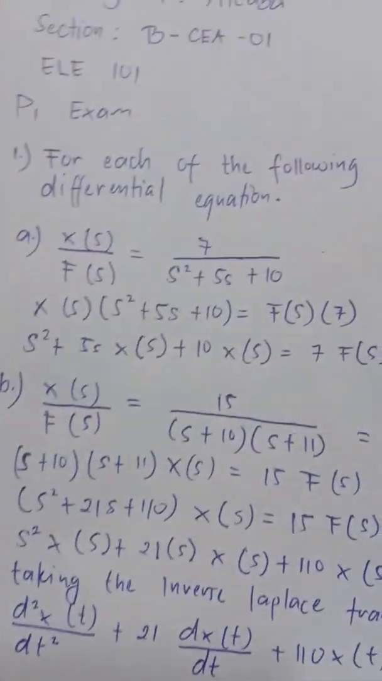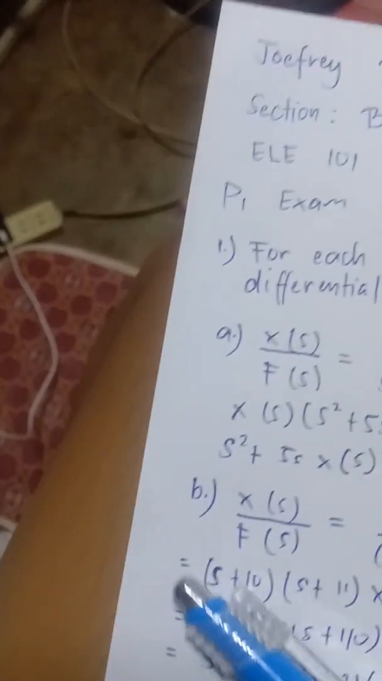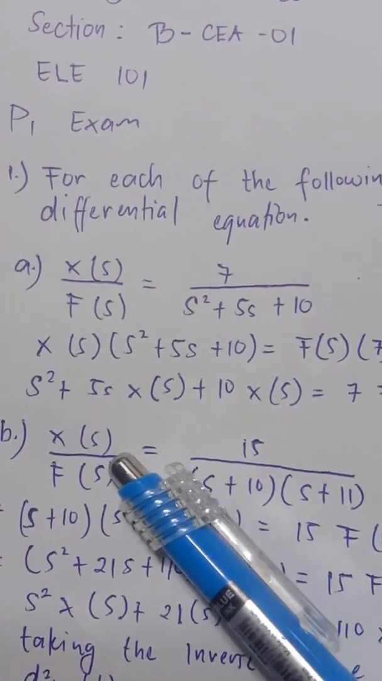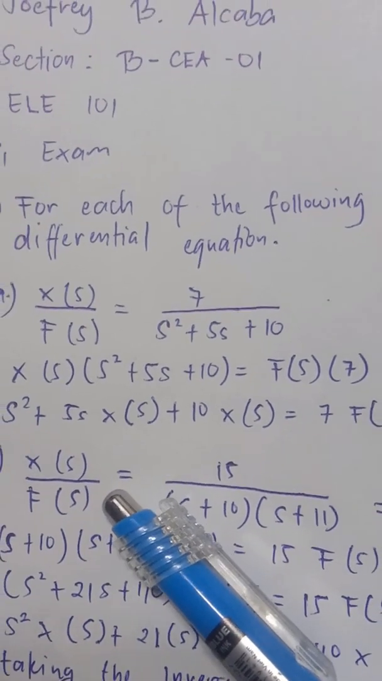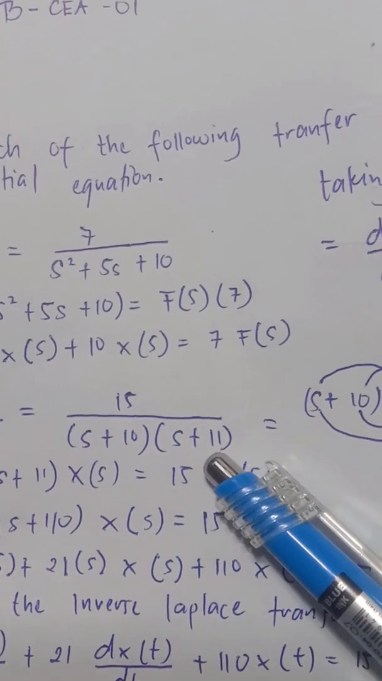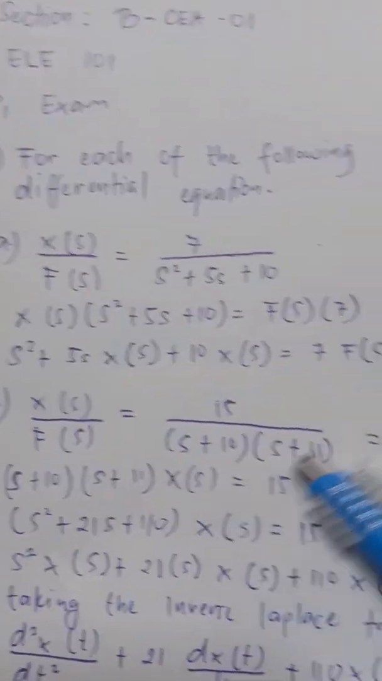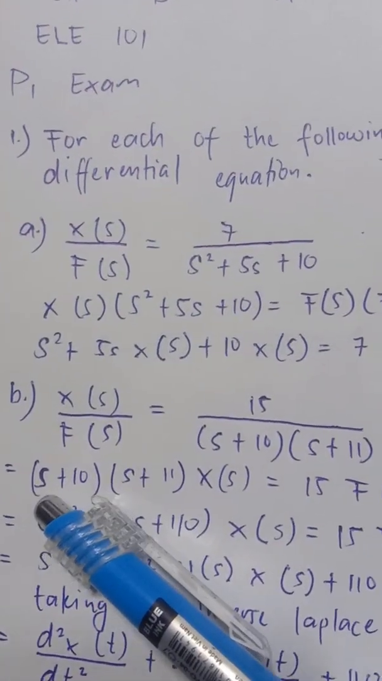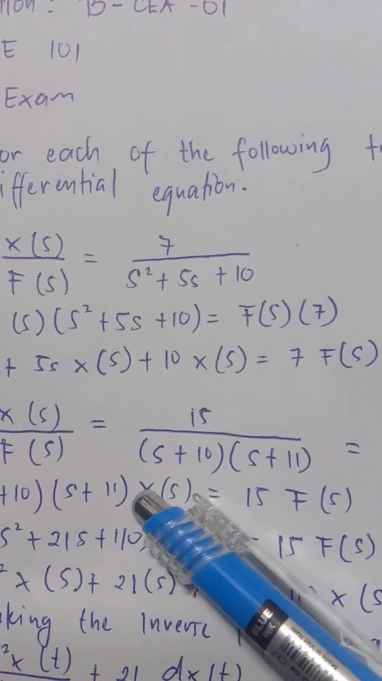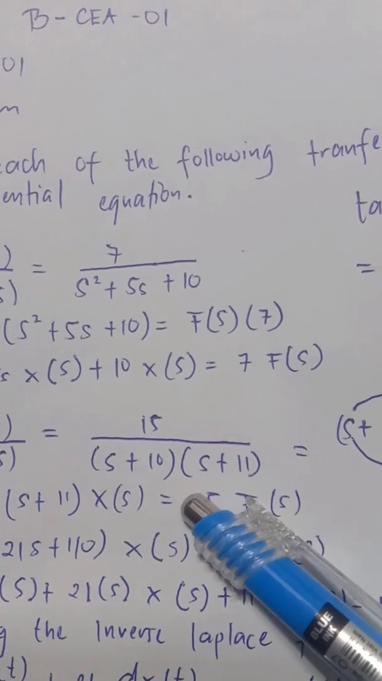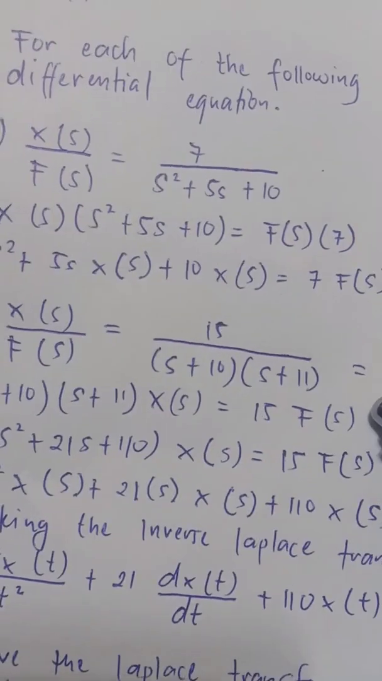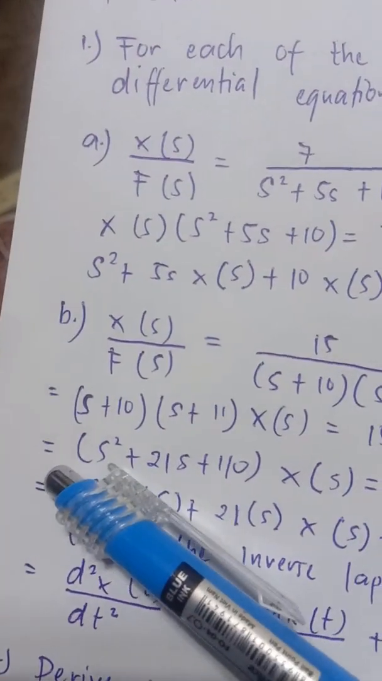Now let's proceed to B. B is X(s) over F(s) equals 15 over (s plus 10) times (s plus 11). So (s plus 10) times (s plus 11) X(s) is equal to 15 F(s). Now this is equal to